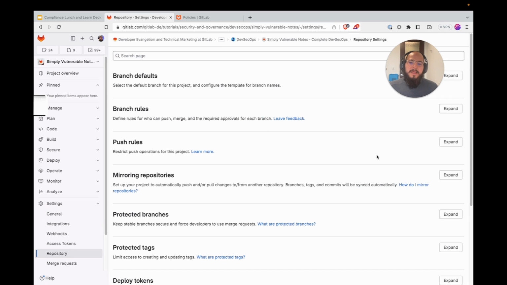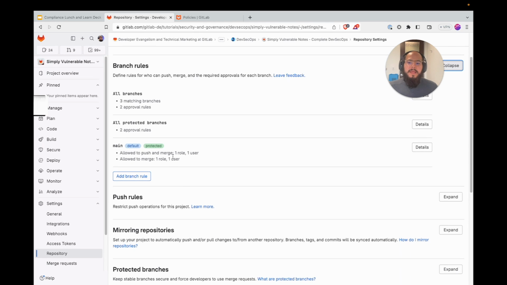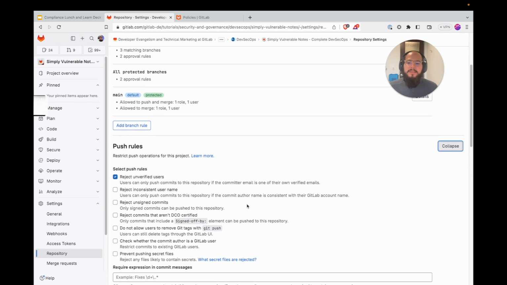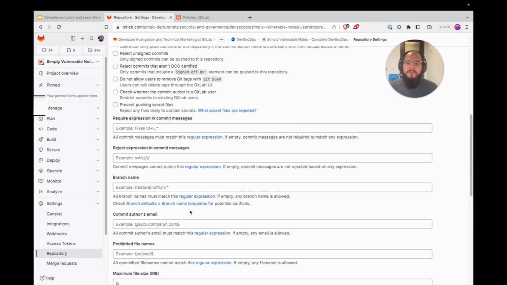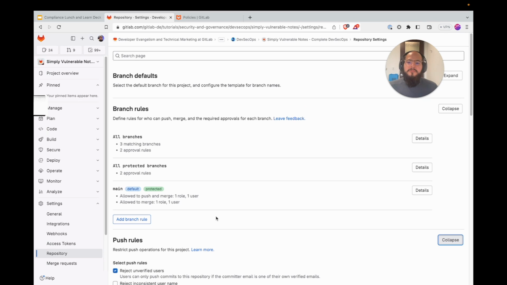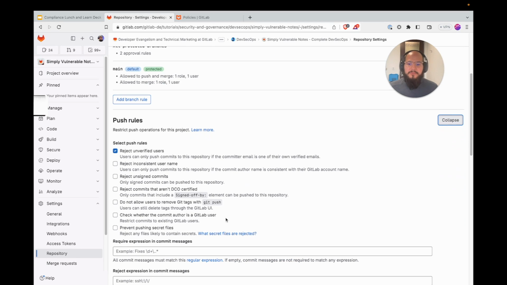And then last but not least, we have branch rules that we can add. So we can add different rules on the branches, protect them, and we can alter the push rules of who can push, who can actually commit to the branch, who can force commit. So there's a lot of different rules that we can apply to the branches to ensure compliance.